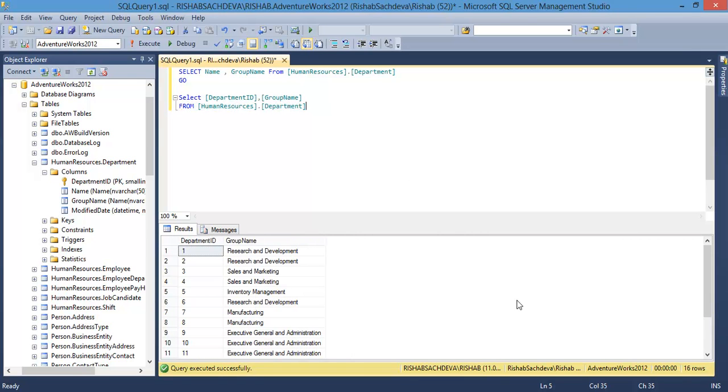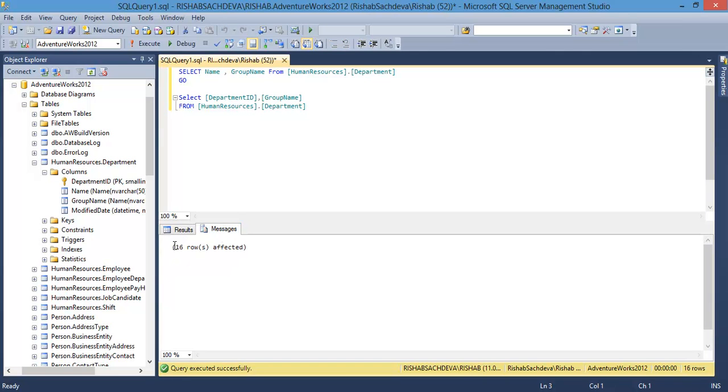Now you see it retrieved us 16 rows, and let's see what's there in the messages tab. So it should be the same 16 rows. Okay,